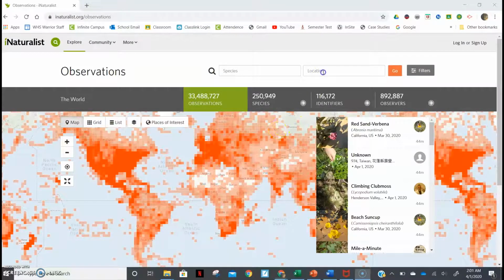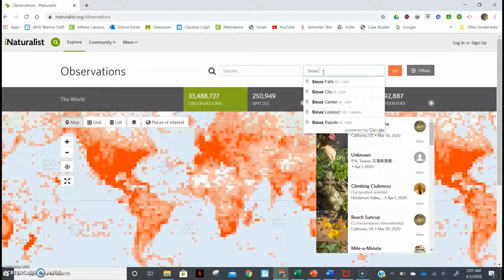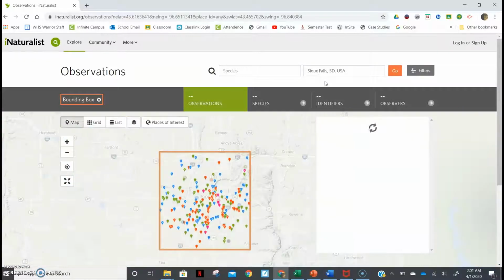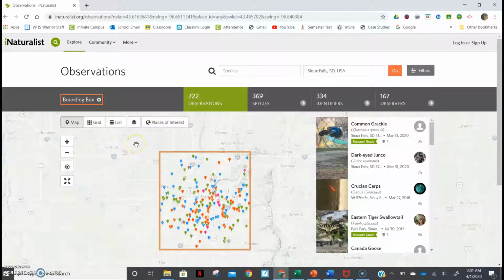Since we're working out of Sioux Falls, we can go to the location bar and type in Sioux Falls right there, and it shows up as the first option. And to orient ourselves to the screen for just a minute, we see that the bounding box is the area that we are searching in. We can expand that box and change it if we need to, but for our purposes right now, that'll be